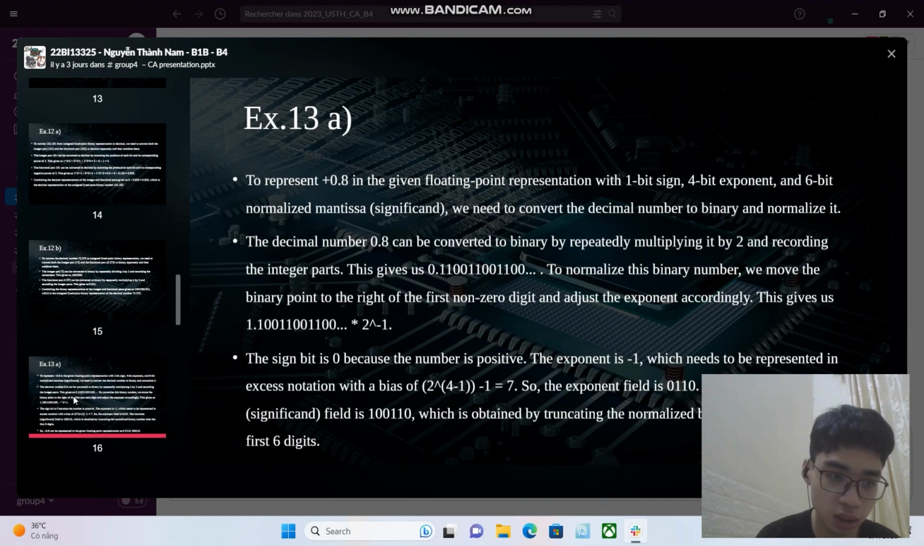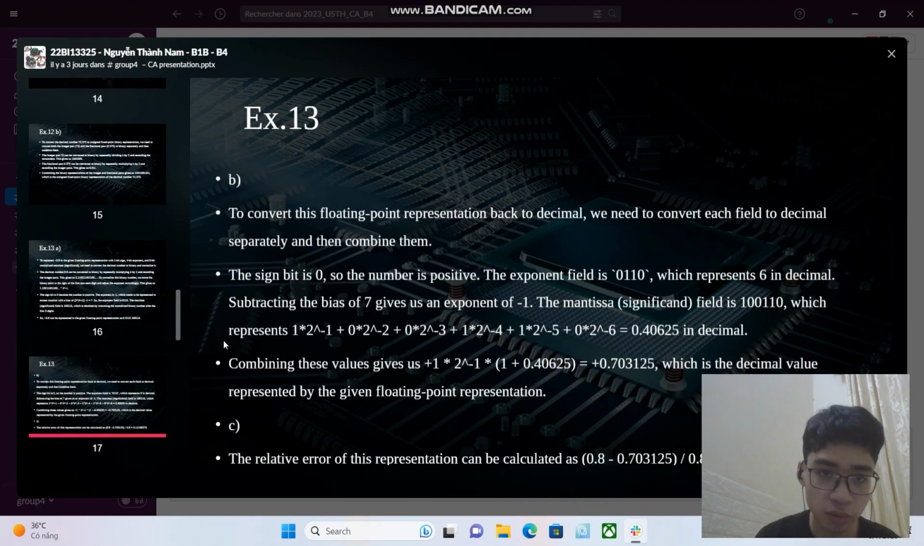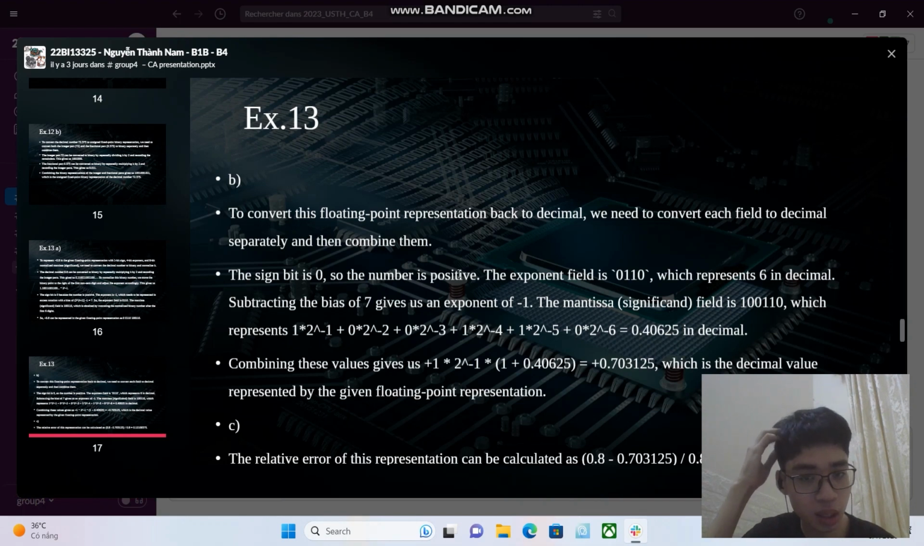For part B, to convert the floating point representation back to decimal, we need to convert each field to decimal separately and then combine them. The sign bit is 0, so the number is positive. The exponent field is 0, 1, 1, 0, which represents 6 in decimal. Subtracting the bias of 7 gives us an exponent of negative 1. The mantissa field is